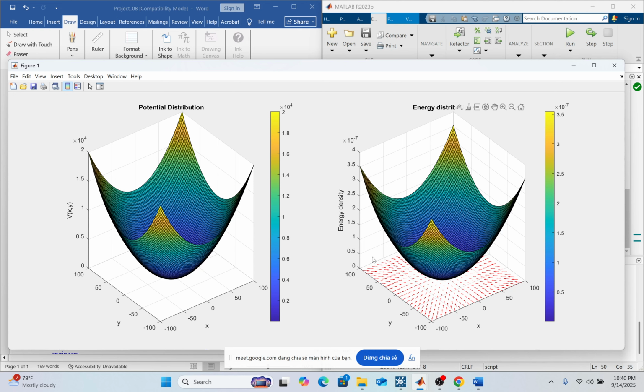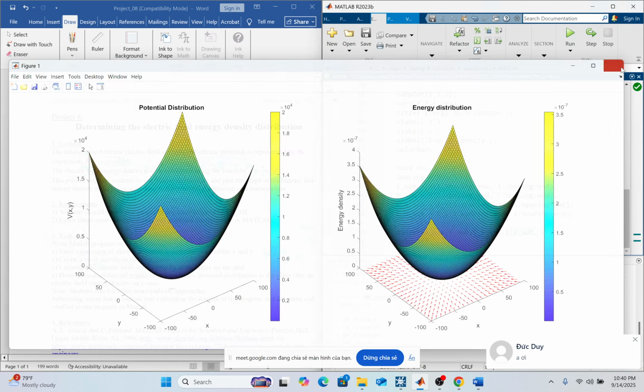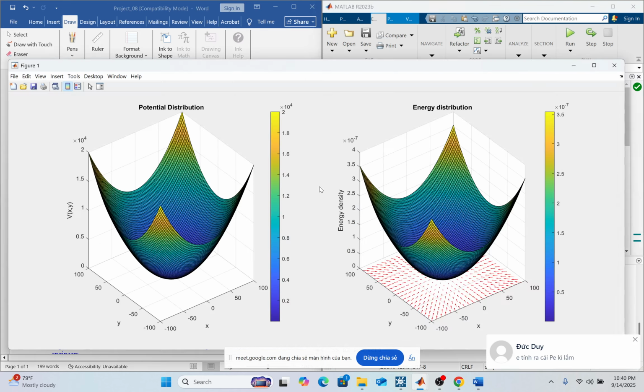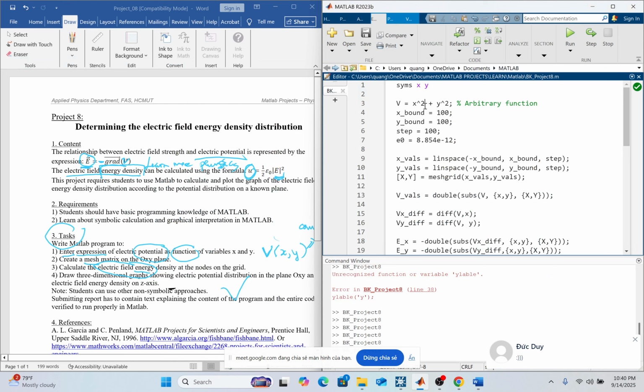And actually, I have coded a program to plot the trajectory of the particle, but it's late, so I will end here. Okay, but I think that these vectors are necessary for you to understand this field. Okay, and how do I end this? Hold up. Potential distribution, energy distribution. Okay, that's it. I will try to change the function here and see how it looks.